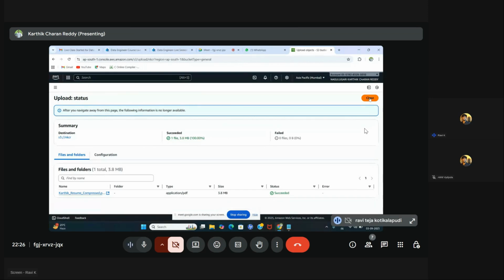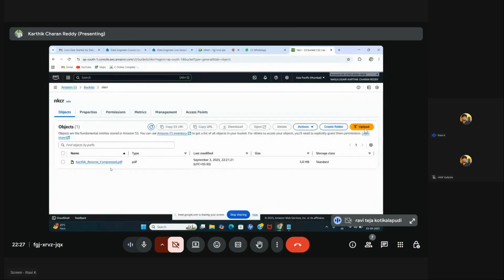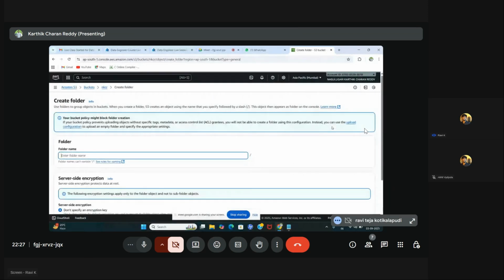Now I will show you how to create a folder. Wait, don't upload it yet. Just click on create folder. Give any name. This folder name can be anything that should be unique to your account, not global AWS.